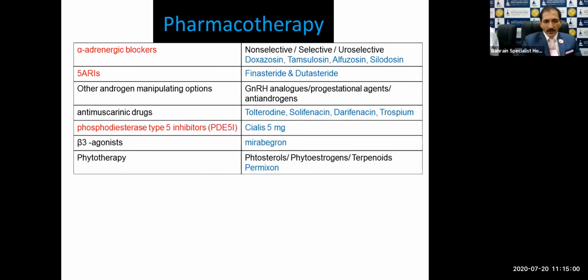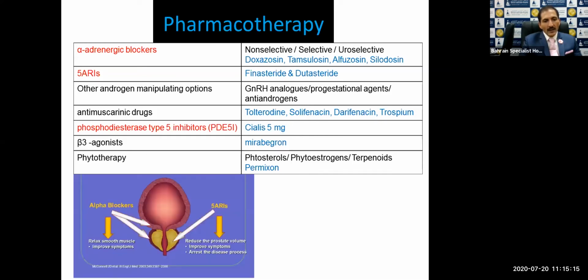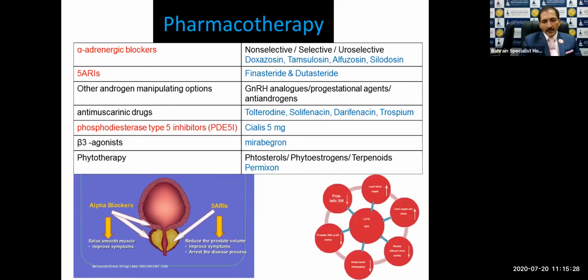Pharmacotherapy, I don't want to go into details, but the most commonly used are alpha adrenergic blockers and the 5-ARIs. Phosphodiesterase type 5 inhibitors are also used very commonly nowadays for these situations, and they work along different lines. The alpha blockers mainly relax the smooth muscle. The 5 alpha reductase inhibitors reduce the prostate volume. PDE5 inhibitors have a significant role and are currently widely used for management of benign prostatic hyperplasia, and they work by